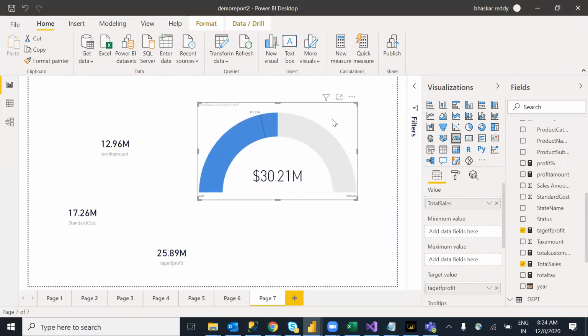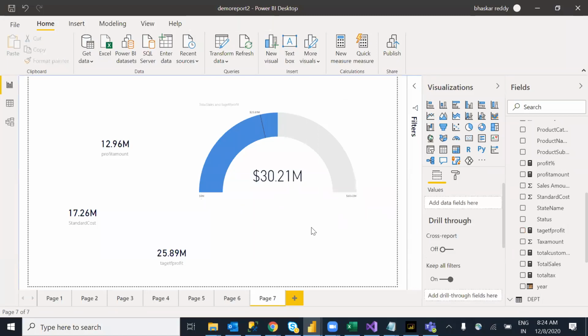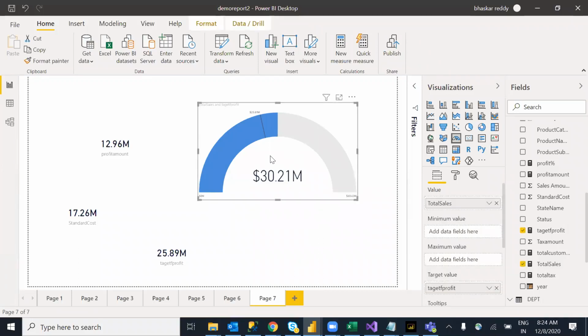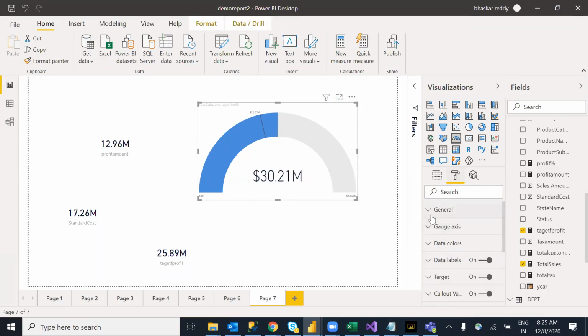This is a gauge visualization. We can set your target over here, either you have reached or not. I hope I gave more explanation. I hope people are not confused. If you have any confusions, you can go ahead, guys. We'll discuss the remaining properties over here. If you have any questions, you can go ahead, guys.